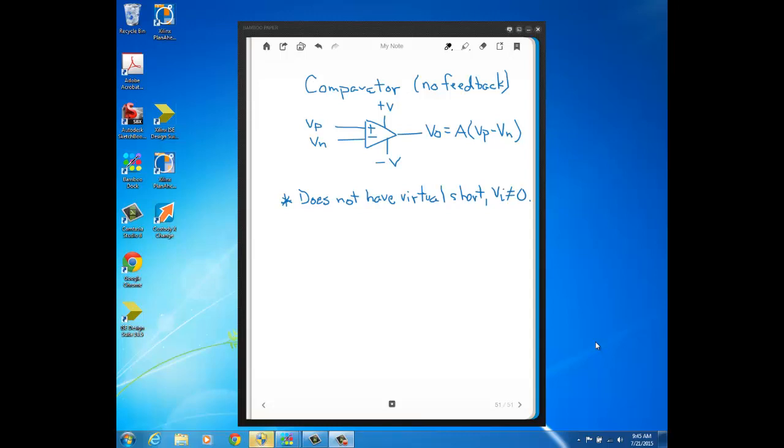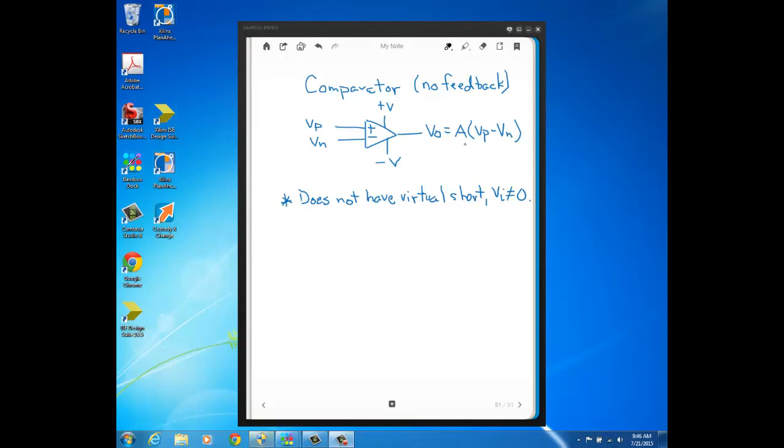Here's a video on using an op-amp as a comparator. And when you use an op-amp as a comparator, there is no feedback. So there's no connection between the output and either of the inputs. And as I mentioned in one of the first videos about op-amps, when you have no feedback like this, the